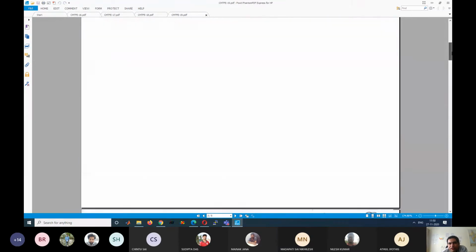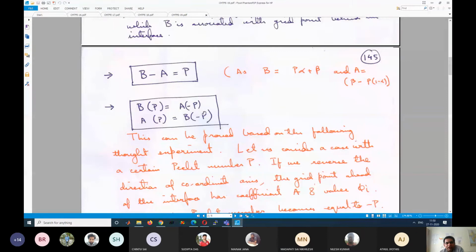So we see that for central difference scheme, this is true, but that is not the derivation. Actually, I am just showing the opposite way. Central difference scheme is derived based on this relation. So let us try to understand how this is the case. For this, we need to do a thought experiment.